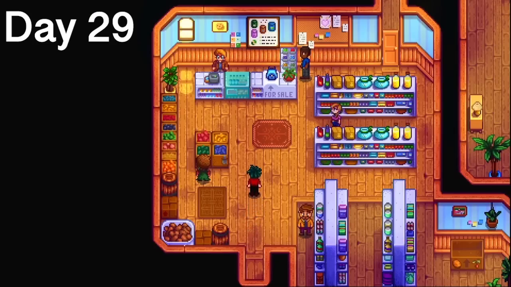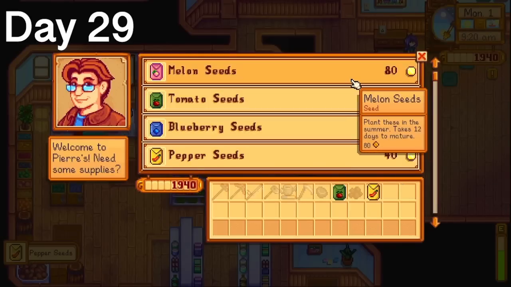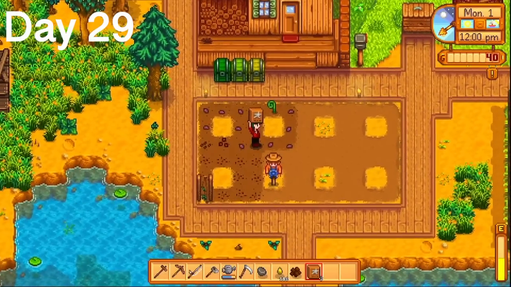I headed into Pierre's to get a cutscene that I would promptly skip, then bought my summer seeds. I was a bit lower on money than I thought, so I'll return another time for my corn and wheat. For now, I just got a pepper, a tomato, and a good amount of blueberries and melons, all for the community center. After I planted and watered everything, I plopped some fertilizer on there and then realized I was pretty